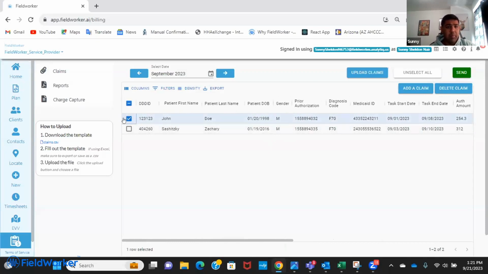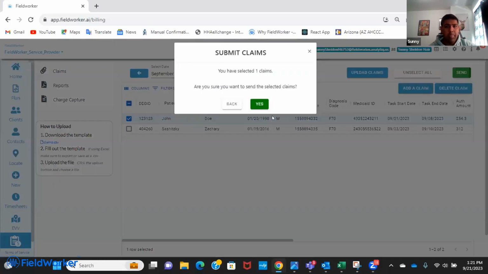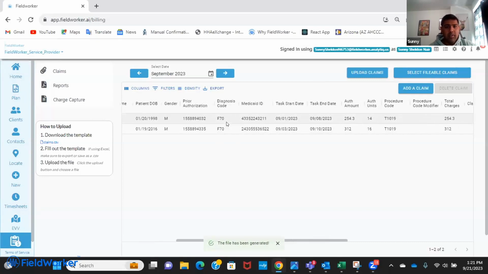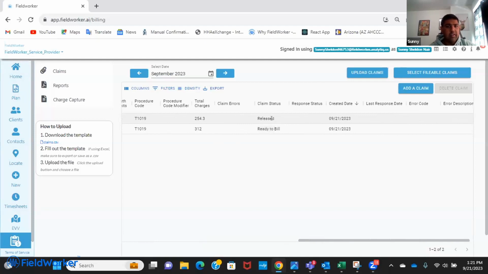If there is a problem and something needs to be changed, it can be changed directly from the claims table. So it's ease of access before submitting a claim, double checking all the information so that it flows through correctly. So for example, if there is something wrong, I can always double click the information and change the information as needed. Once the claim is ready, I can always click on the claim and submit it for processing. So we receive this claim and submit it forward to NJMMIS.